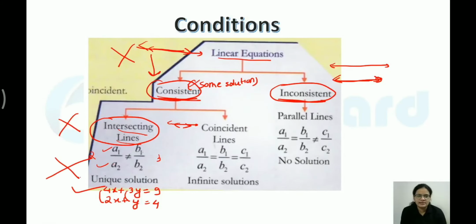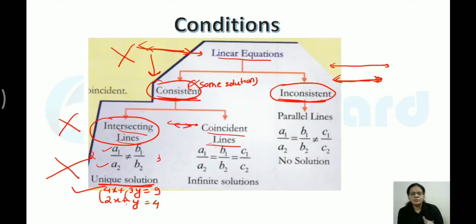Both of them are intersecting lines. One would be like this, the other would be like this. So what will you call them? They will have a unique solution. So without calculating the value, just by observing the coefficients, you can tell me whether it is consistent, whether you have one solution, or infinite solutions, likewise. Are you getting my point? Now when will you call them coincident lines? Same lines over here. All the variables should be the same.